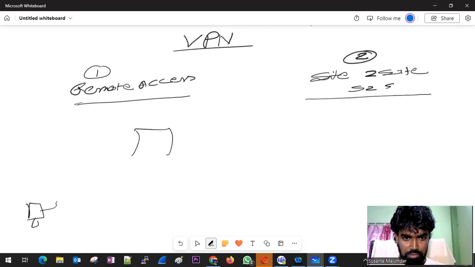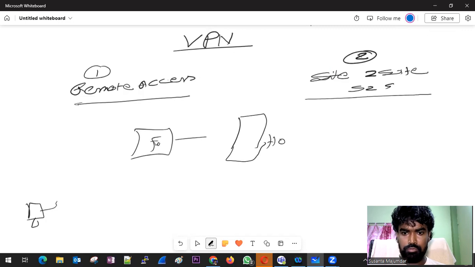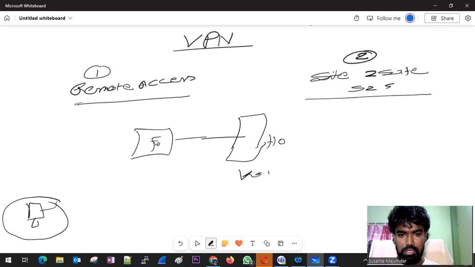Now this is your firewall, just assume it is your firewall. Here is your office, called HO, head office, headquarters. In between, the office is in Kolkata and you are sitting in Darjeeling hill station.